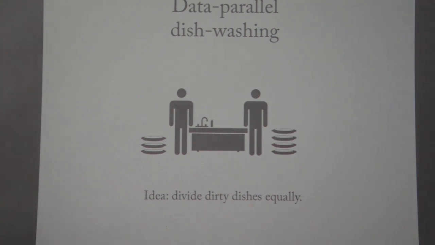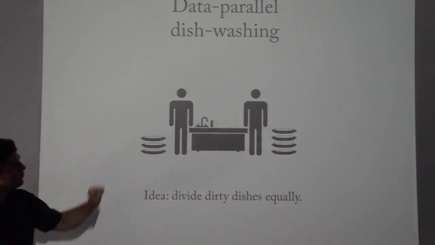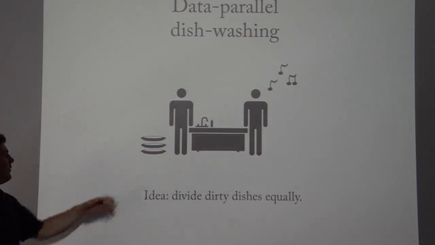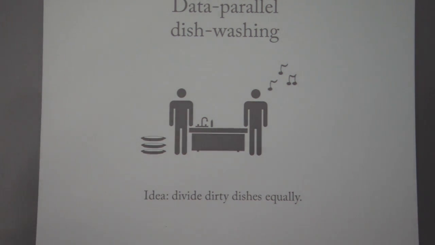What happens then is that they start working. Each one of them takes one plate and starts washing it. The left guy is washing, the right one takes one more plate, the right one takes 2 more plates. Finally, the right one finishes and starts idling around. Well, this guy is not finished with his work. From this you might conclude that the left guy is just being lazy, not very efficient in washing dishes. But it turns out that's not the case.